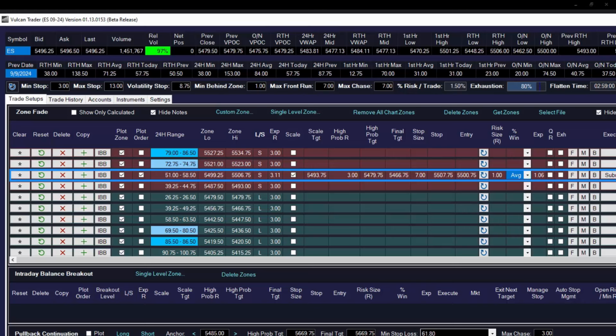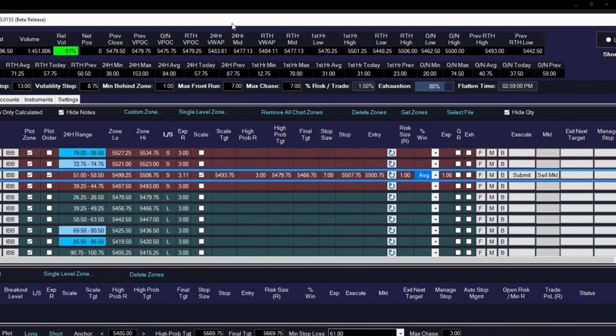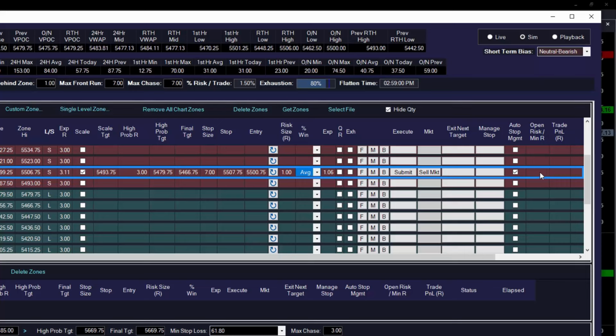Now, on the downside, we can see that the scale target gets hit very quickly over here, right? 93.75. It's ahead of the zone. That's ideal. That's how you want it to be. As soon as that scale target gets hit, your risk will get cut by half. So we have a column here called open risk. When you first put on the trade, it'll say 1, meaning 1R. As soon as your scale target gets hit, it'll change to 0.5, meaning now you have half an R of